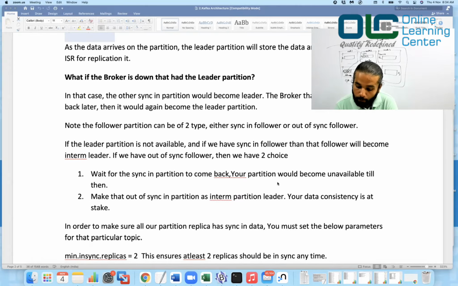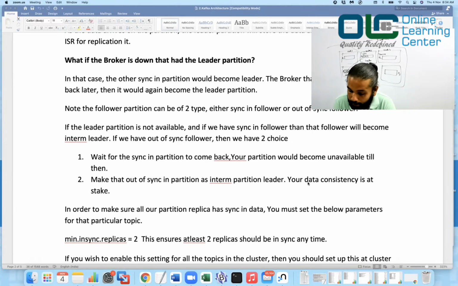But then your partition would become unavailable till then, because you want to serve the data. The data would always be served by what? By the active partition, the leader partition. And if your leader partition is down, and if you feel that the syncing was not done properly, then you will have to wait till your leader partition is back, because it contains the recent data, right?